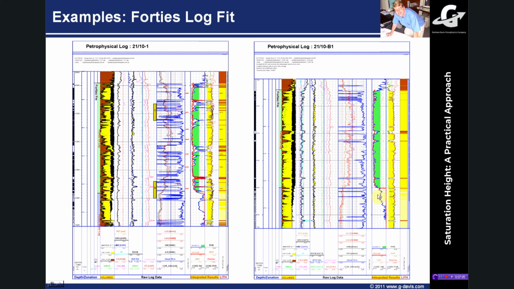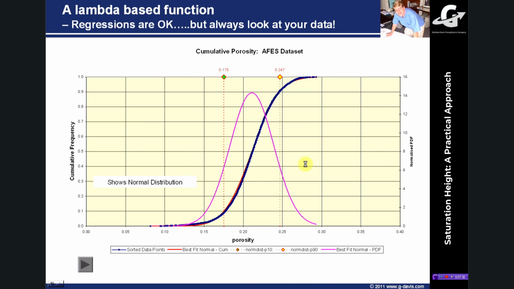But I kind of suspect there's a history of hydrodynamic behavior in the Forties system, and maybe there are some relict oil below free oil levels, or paleo oil contacts or whatever, that have moved up a little bit, and maybe this is no longer in the same capillary pressure regime anyway as this main oil column. Here you can see I'm doing a pretty reasonable job, considering that all the porosity is 27%. It's not doing too bad a job. Okay, so let's go back to the main presentation now.